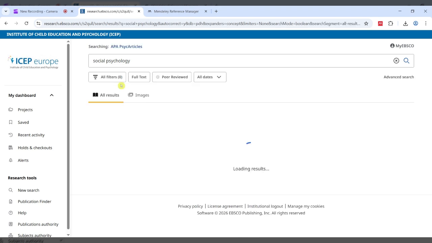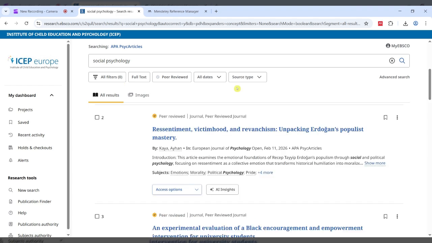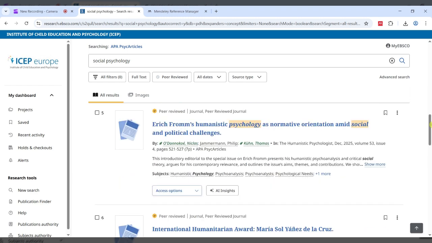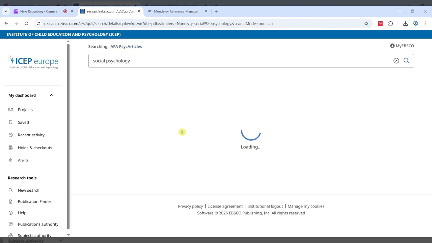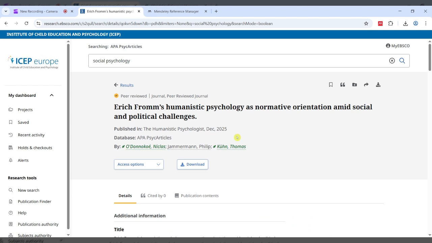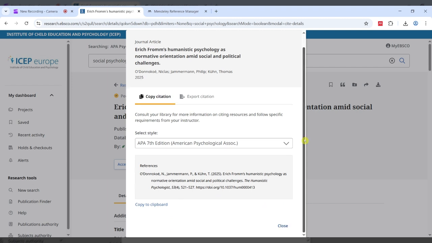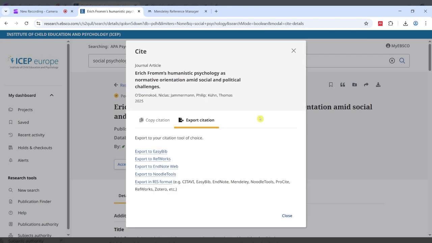So just started the third method now. I'm just going to use a different one again so there's no overlap. So I'm just going to go down to this article. Once again, we're clicking into the title. And this time, similar to the first one, I'm going to go to the cite option here, the double quotation marks just up to the right. And you can see we have our citation again, generating it for us. But what we want to do now is export citation. So we're exporting to Mendeley.